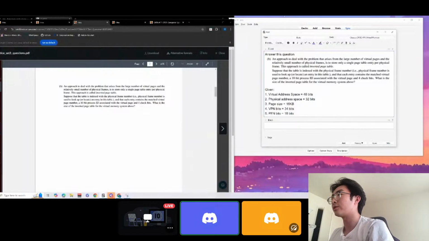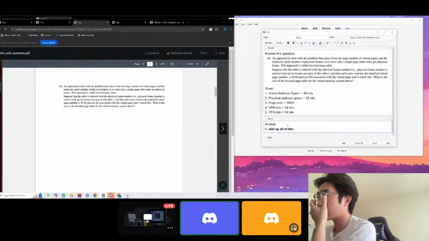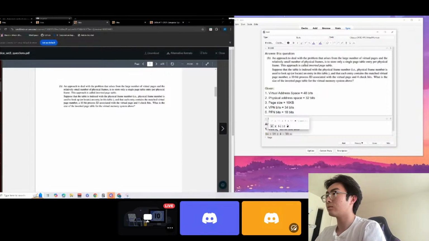I wonder if we can just add everything here again too. So, answer: add up all of the bits. So we have 34 plus 18. I don't think we need the offset, right? So 34 plus 18 plus 4. And we also need to add 10, which is equal to